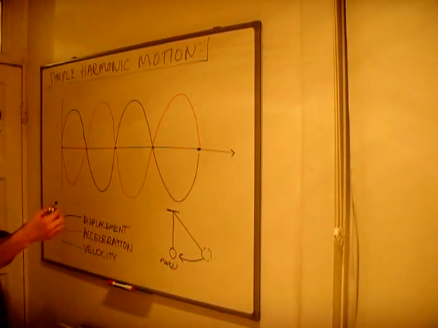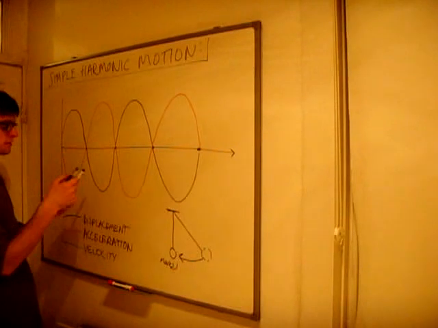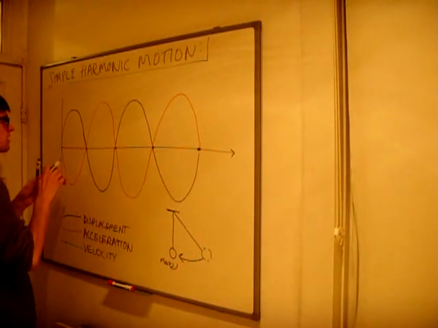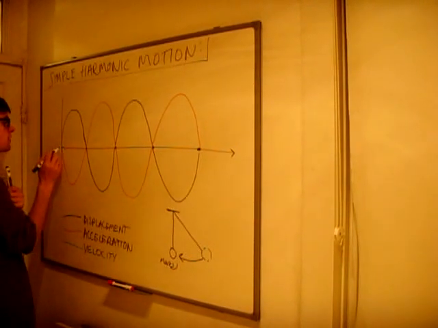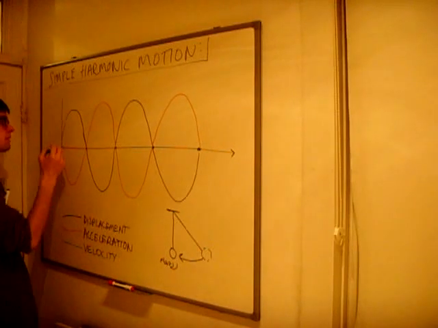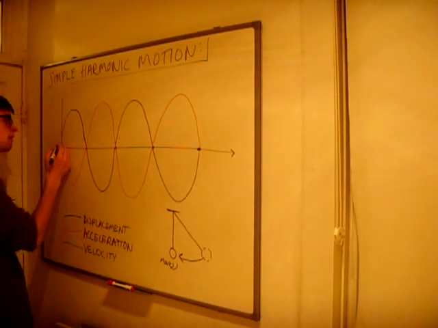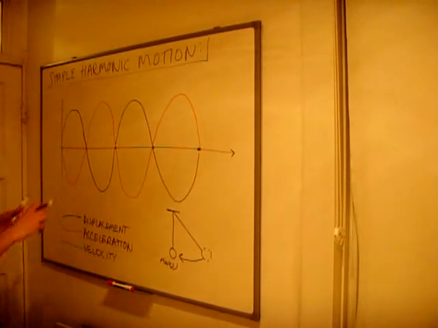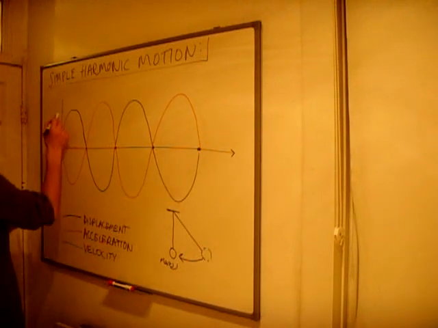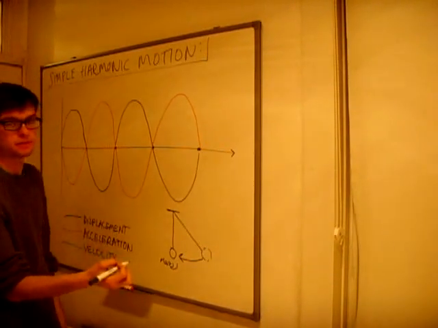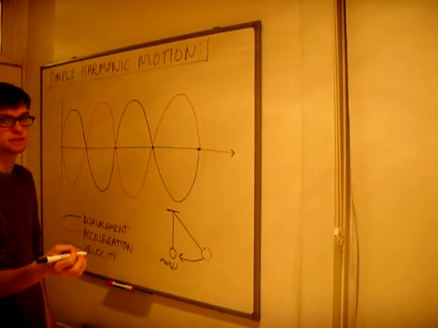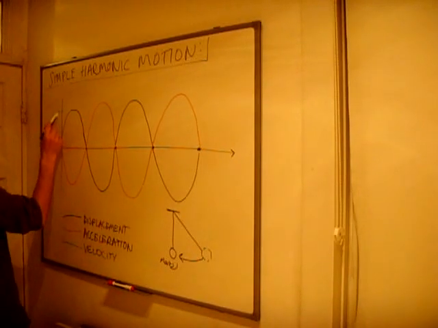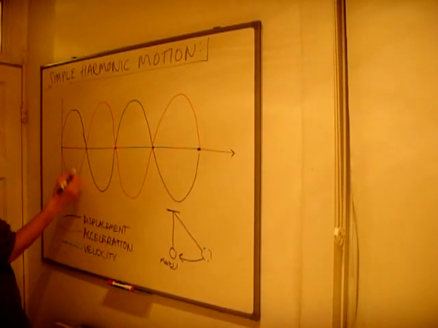So if the equilibrium position is the maximum velocity, then we can say that at 0 here, when acceleration and displacement are both 0, which they always are at the same time, velocity must be the maximum. And because velocity is a vector quantity, it must have direction as well as a magnitude. So at some points it must be in the opposite